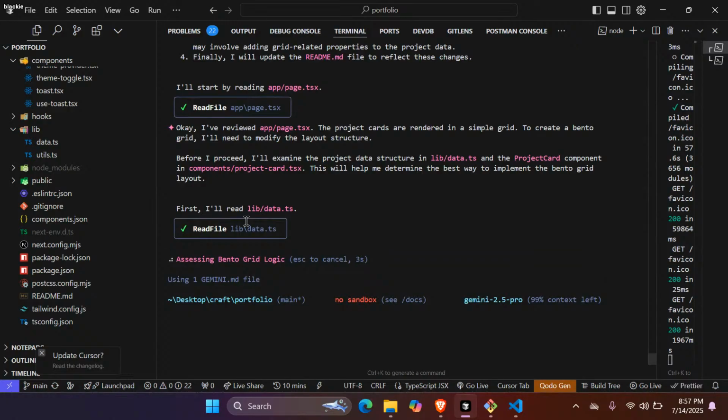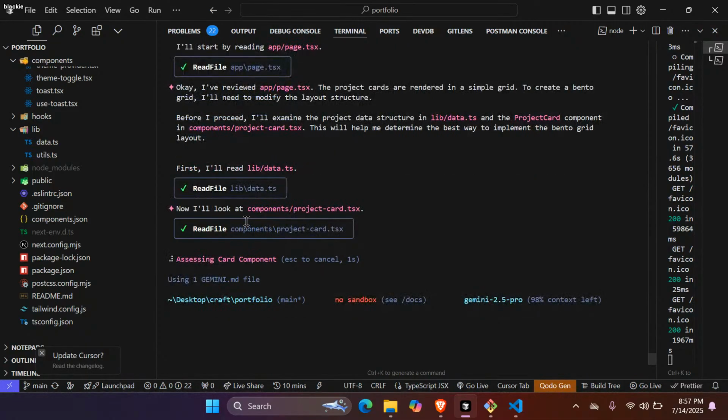The project card component also fetches its data from lib data.ts, so I'll read the data file. I forgot to say that it should state the possible solutions it will take to do the feature.